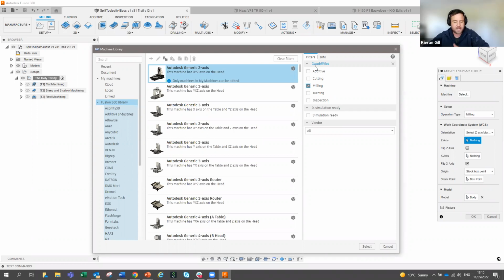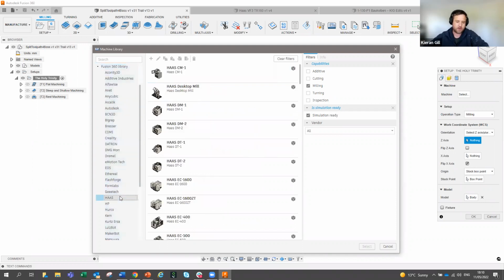Okay, so the next thing I want to do is enable the simulation ready checkbox. And what that simply means is that it's got a simulation ready post processor as well. And we'll touch on why that's important a little bit later. So the first thing I'm going to go and do is, for this particular model, we've actually